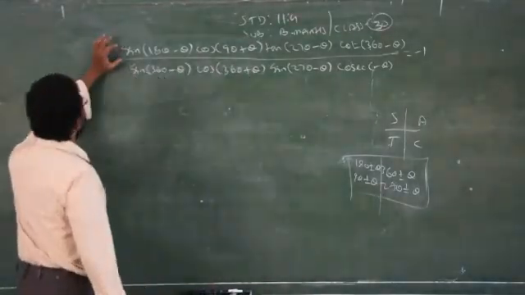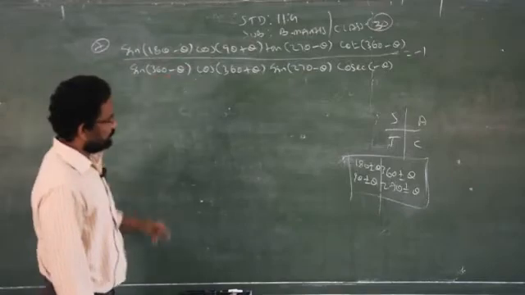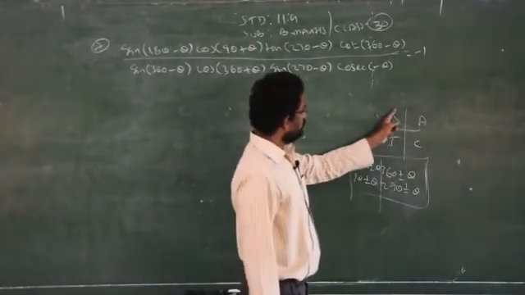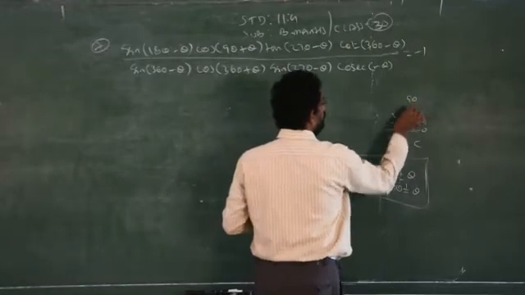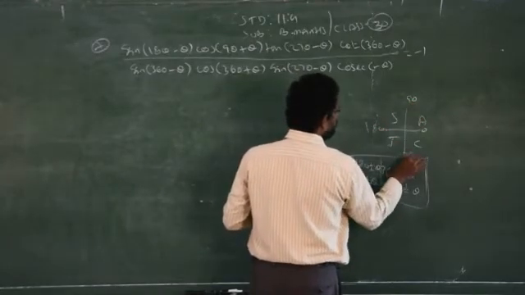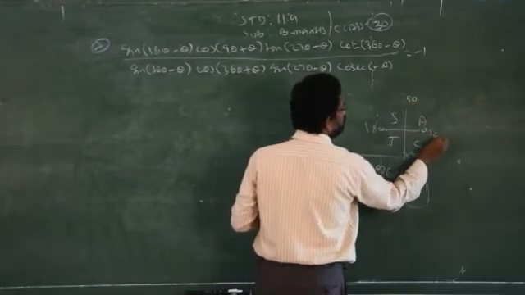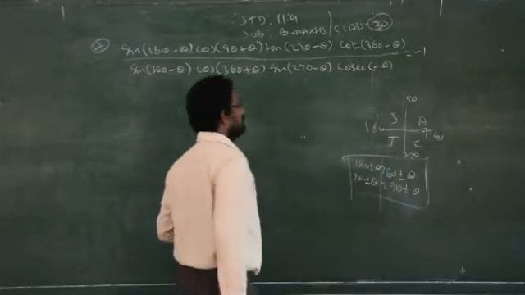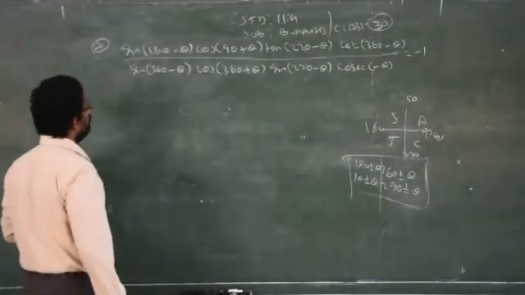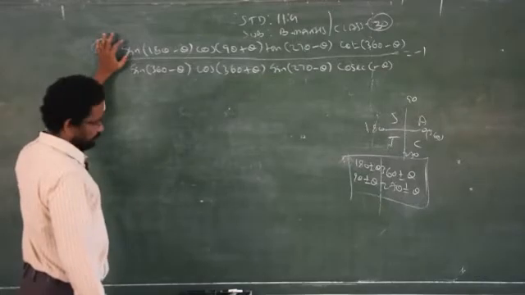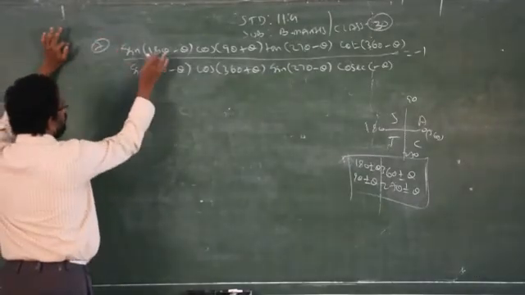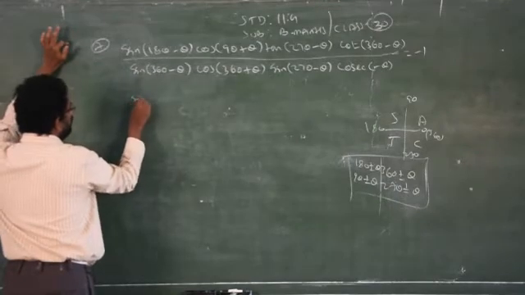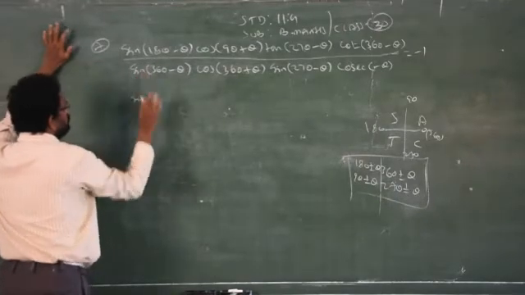Now I am going to see the first one, sin(180 minus theta). Where will 180 minus theta come? Second quadrant. This is 0, 90, 180, 270, and it is nothing but 360, isn't it? So 180 minus theta falls on which quadrant? Second quadrant. In the second quadrant, sin theta is positive. Therefore, no need to change the sign. It is already 180. 180 means, as I just said, no changes in the ratio.